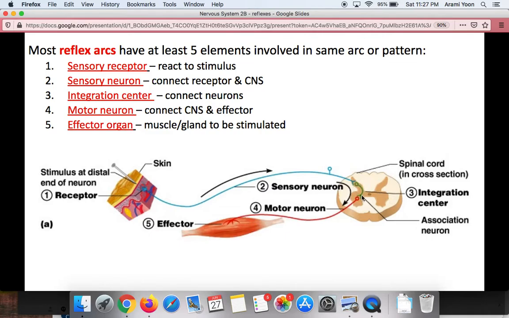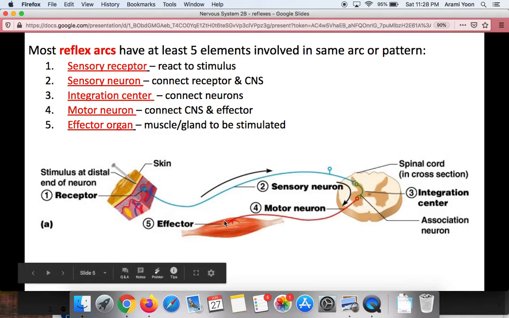And so that is shown in green here. It's an interneuron, part of the integration center. And you'll notice that the interneuron is inside of your central nervous system. So in this case, it's in the spinal cord right here. That interneuron is going to receive information from the sensory neuron and transfer it to the motor neuron. And then here in red, the motor neuron, that's the fourth element,